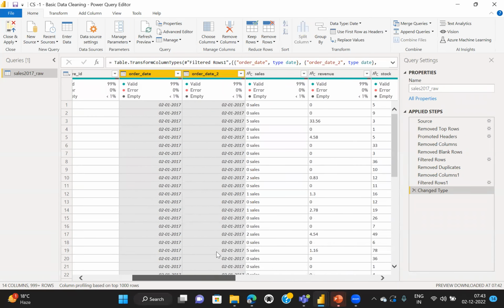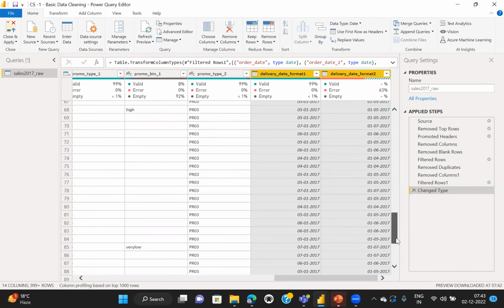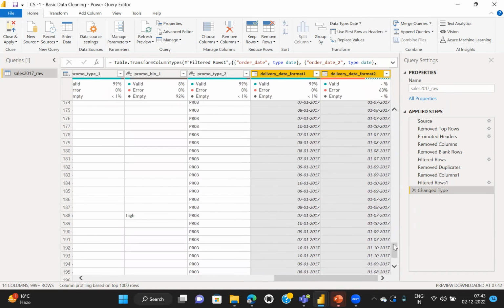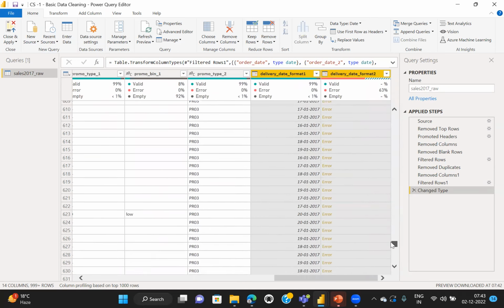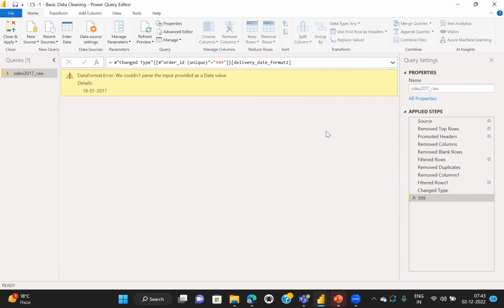Okay, we have done all the 4 columns, and you can see this is fine, this is fine, this is also fine, but we have some issues in this last column. We have to check what the issue actually is with this data, and we can just check the error. Now we have the error here. The error is we could not parse the input provided as date value details. So the input provided was